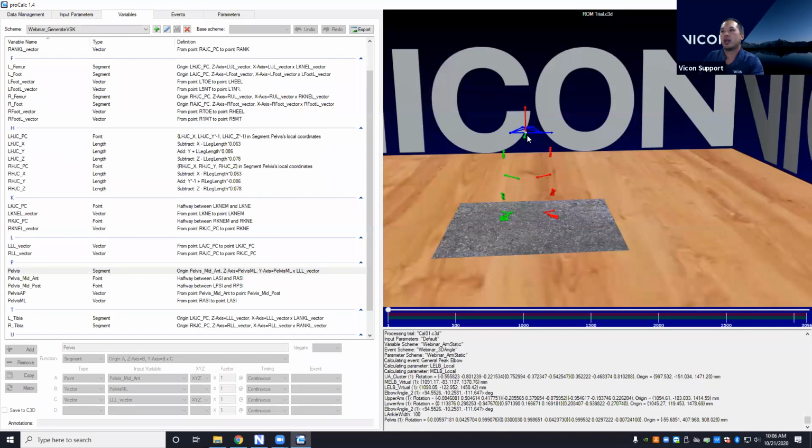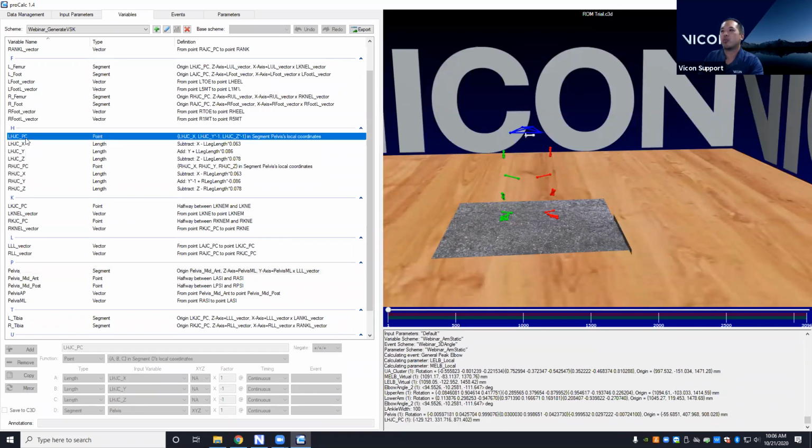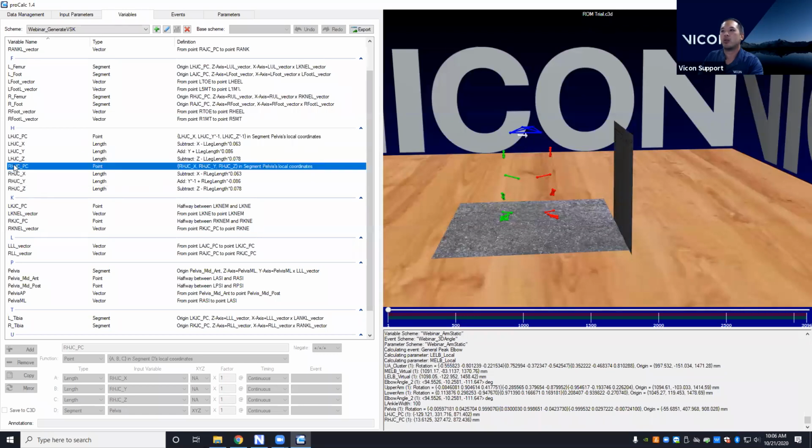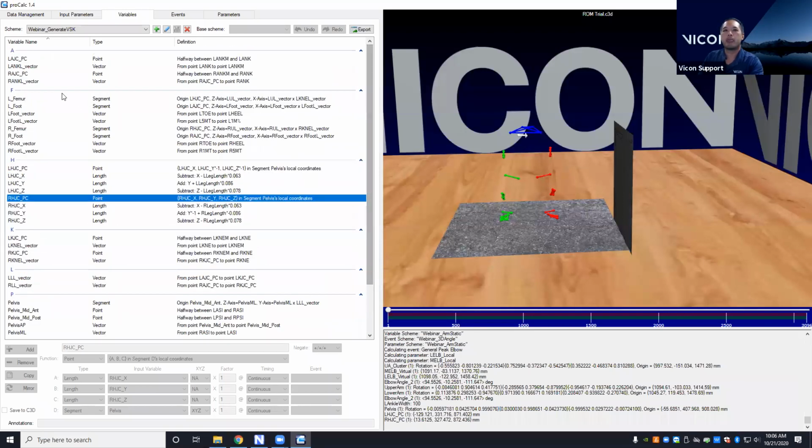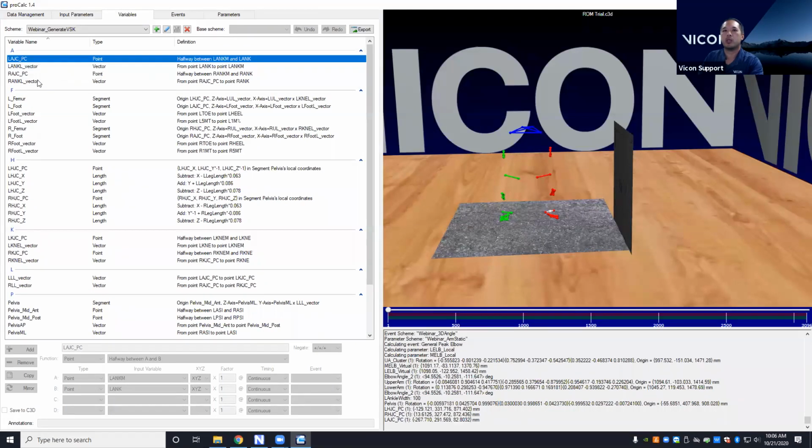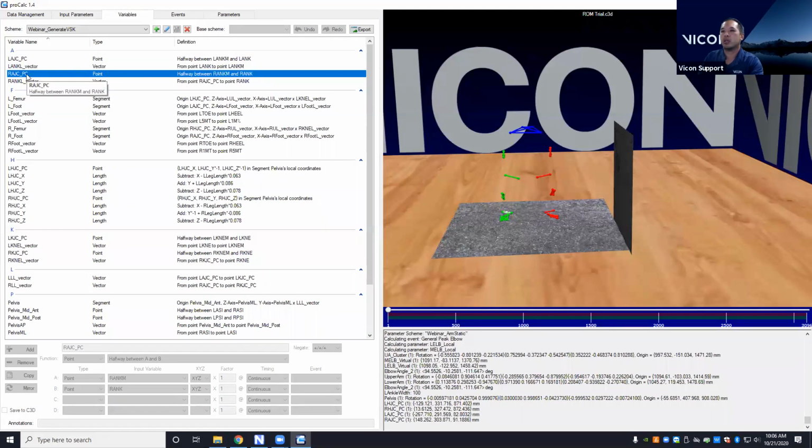I then used a regression equation to figure out what the joint centers were going to be for the hip. So there's my left hip joint center and my right hip joint center. The knee and ankle joint centers are just midpoints, similar to what I had done before. So here's an example of one and an example of another. And then I use the